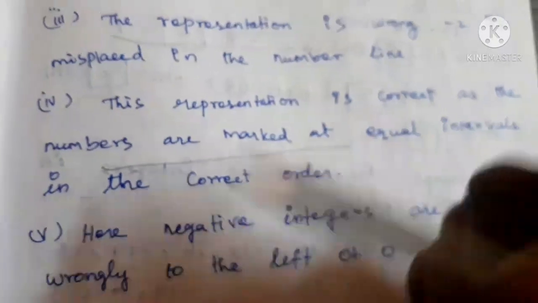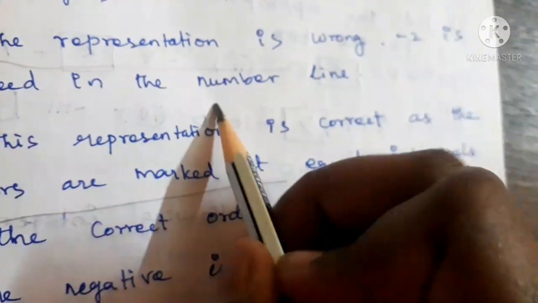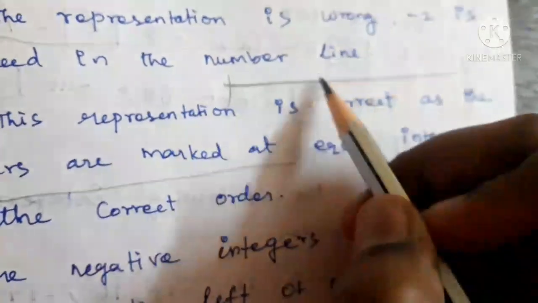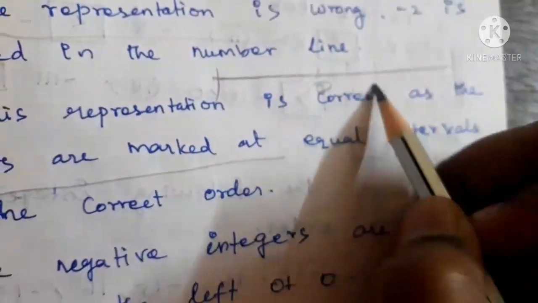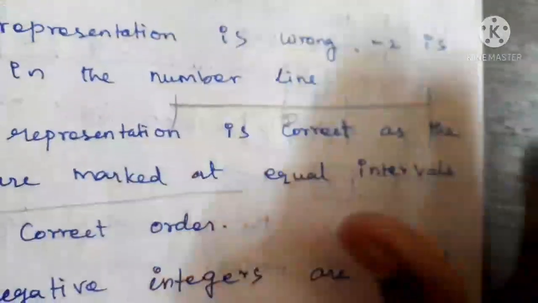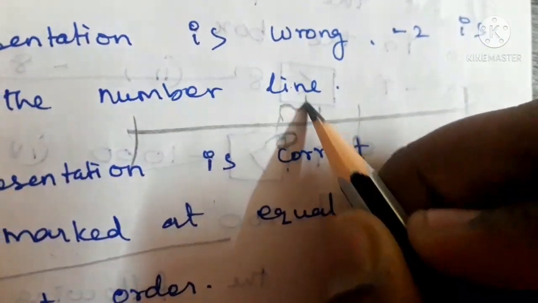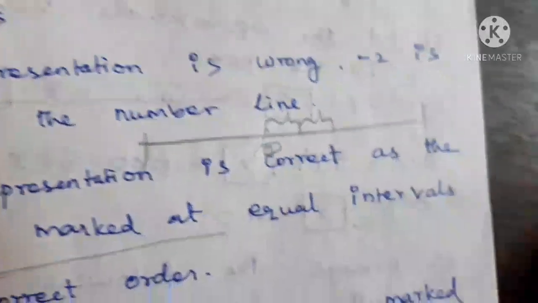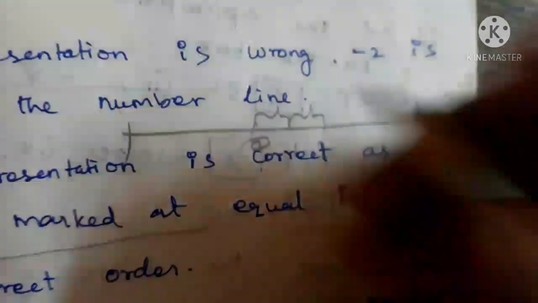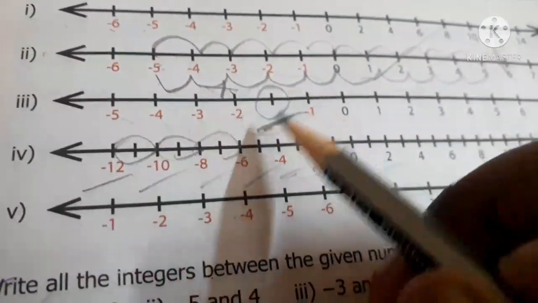Then you can ask, why did you say it is wrong? For your memory, what I have told till now is that there should always be 0, 1, 2, 3. That is also right, but there is another thing to note down: the distance between them should be even. This is 1 unit, 1 unit. But here the distance is 2 units, 2 units, 2 units, 2 units, 2 units.